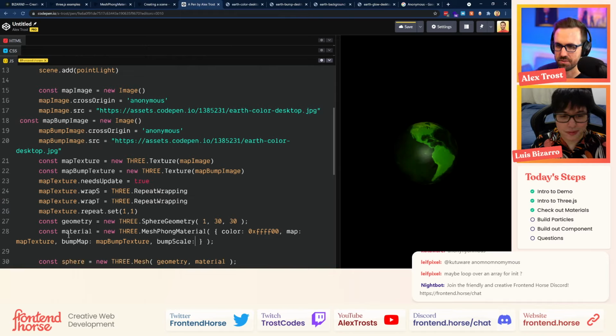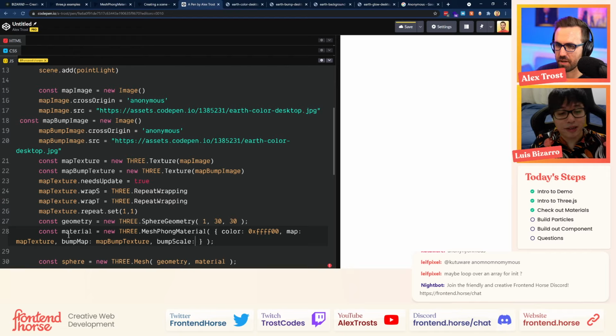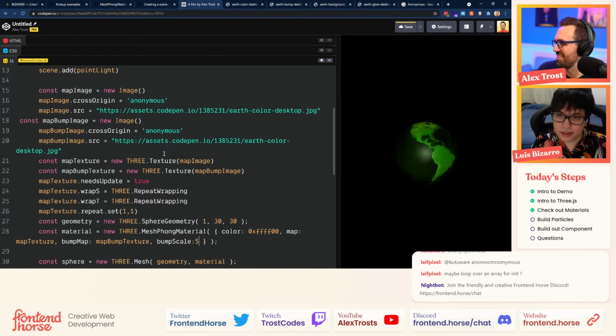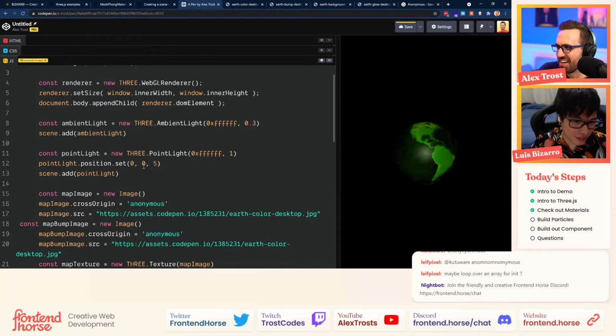What do you think for that? Should we just use 5, just to see that it's really bumping the globe? I'll see if we can see a difference. Not sure. Should we move the light above? It can sometimes be tough if the light's right where the camera is. It has the flash effect of making things look flat. Yeah, I agree. Let's move that a little bit upper.